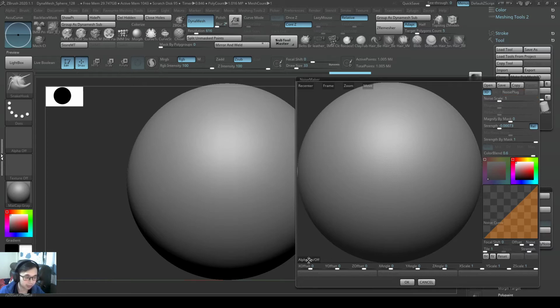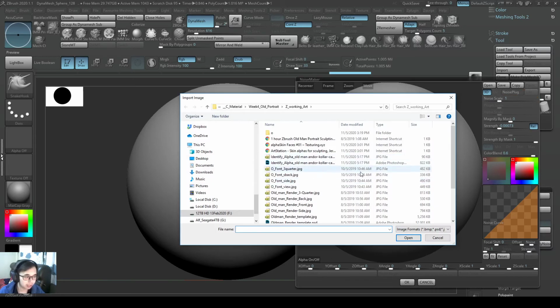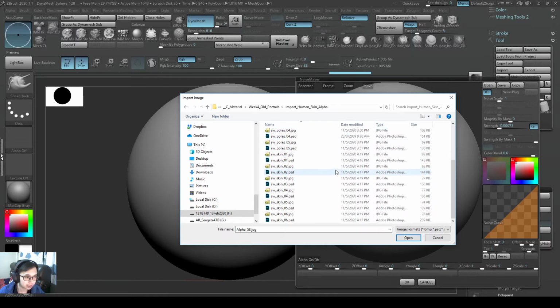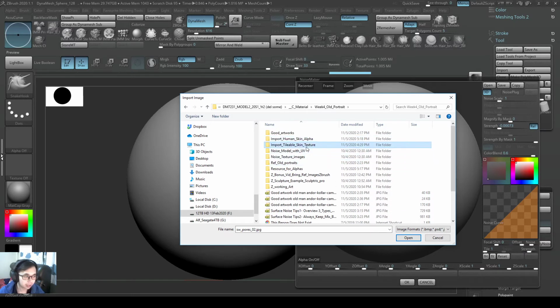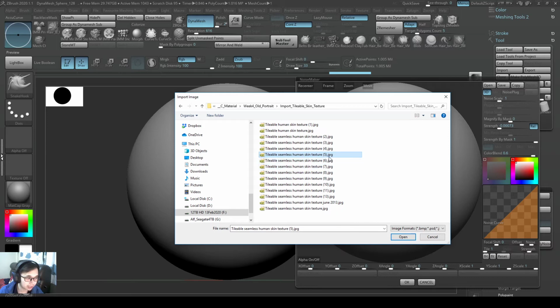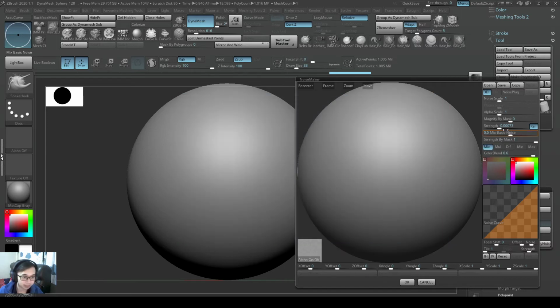Now I'll go to the bottom left corner. Alpha scale. So I'll go and browse for a good alpha here. So let's see what I have. I have previously used a human skin, tolerable skin. I'll give you these files as well. So let me choose one of these skins. So let's say I use skin number 5. Let's see how that works. So skin number 5, and then a strength of